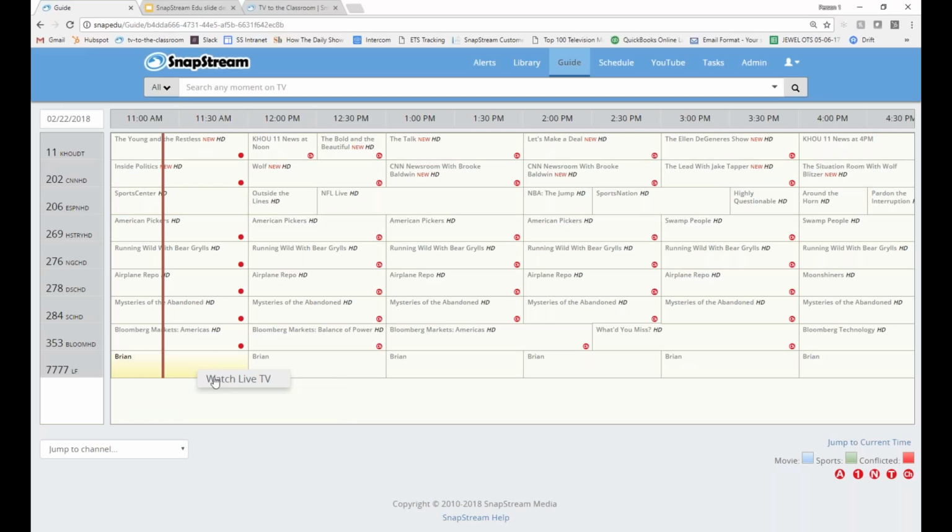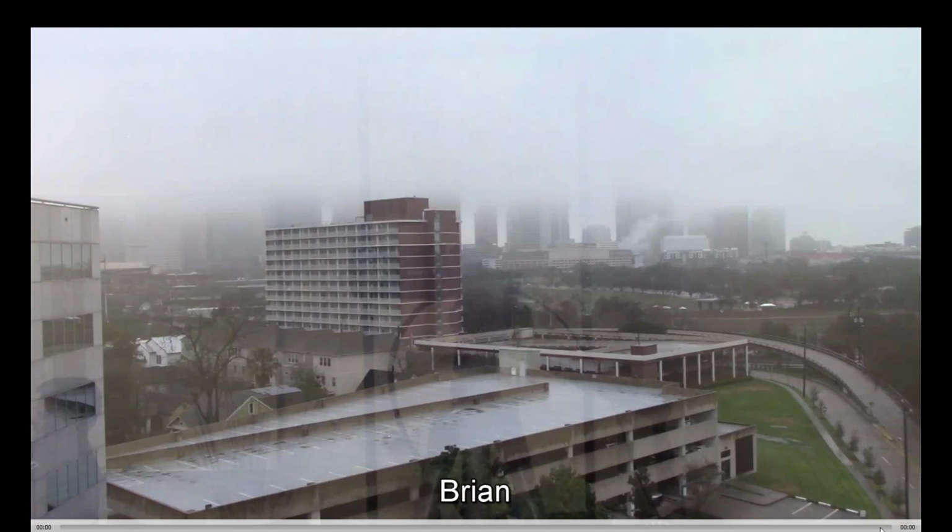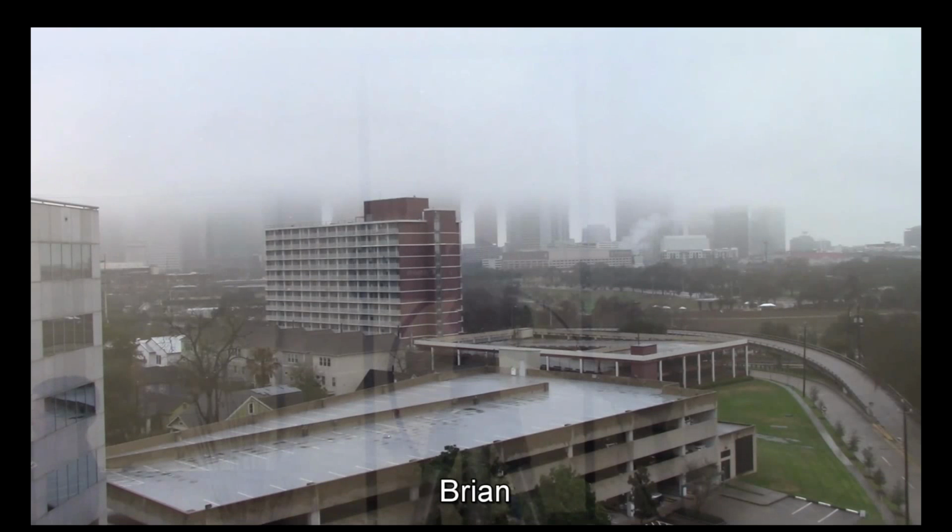Likewise, I can jump in and watch a live stream of my internal content, and this happens to be a camera feed that is in our conference room, and this is a very bad view right now because we have less than ideal weather today, but normally you would be seeing a downtown view of the Houston skyline. So imagine that this is a camera in your environment and you've got a student or a principal or some other faculty member that's speaking into it. It works just the same as any other type of input.